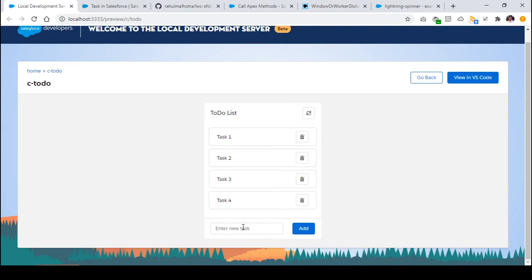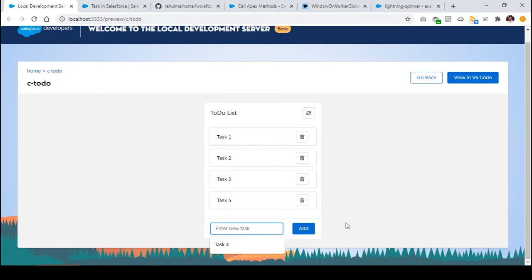Okay, so the next thing that we need to do in this particular tutorial is to check whether my task has a subject or a name or not. And I think we should get rid of these suggestions. I mean, I don't need a suggestion when I want to add a task to the list, right? Let us see first of all how we can remove these browser suggestions in case they are coming to any of the input fields that you are using in Lightning. I mean, this is a very basic thing, but usually we ignore that when we are working on LWC or Lightning, right? Okay, so let's see where I'm storing this name and how I can remove this suggestion, right?